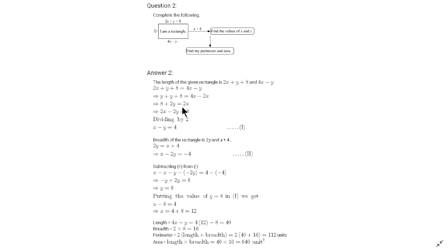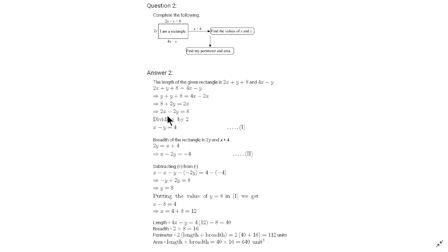Okay, so what we can do is, firstly, the length of the given rectangle is 2x plus y plus 8, which is the larger side of a rectangle, called the length. And the other equal side is 4x minus y. Opposite sides of a rectangle are equal, as we know, so we can write 2x plus y plus 8, which is one length, and 4x minus y, which is the second length. So they are equal. Now we can solve this and get our equation number 1, which is 2x minus 2y